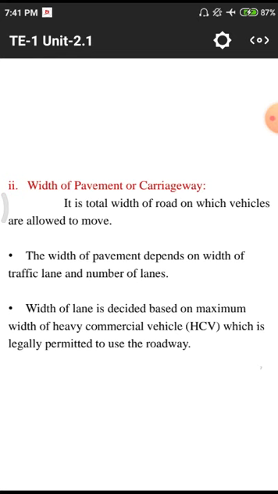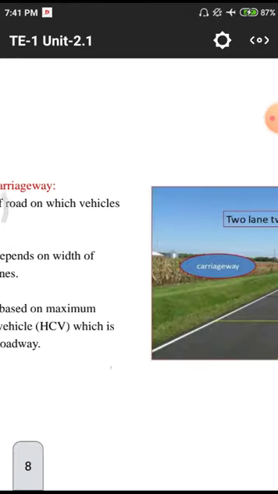HCV means commercial vehicles, that is, commercial and transportation vehicles. We need to remember that these are also legally permitted on those particular roadways. Normally in our municipal areas we do not have permits for lorries and others. Like that, different kinds of vehicles have different permissions. Based upon those permission levels, we need to construct the width and thickness of the pavements. These things come under this second one.